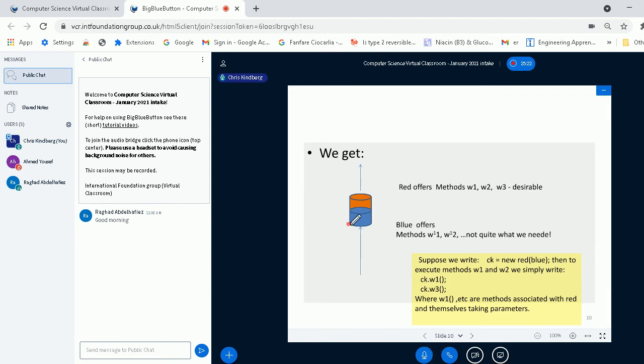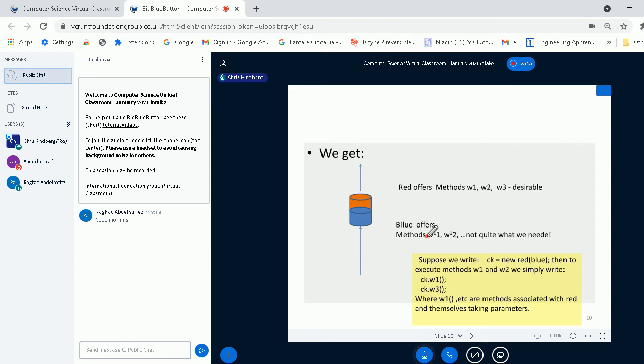If we create an input stream from the basic input stream and maybe what's called a buffered input stream, we're going to get three methods which are highly desirable. If we're thinking about this as an output stream, then this will give us these methods, which are absolutely what we do need. And the red object here, in that case, would be a very simple output stream.